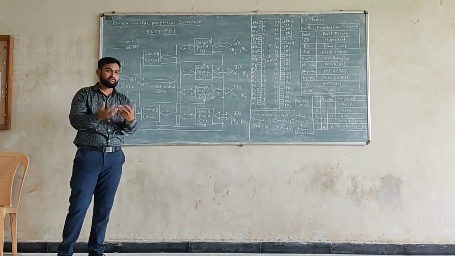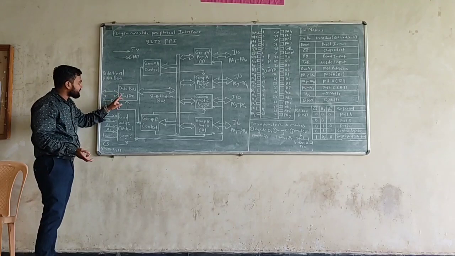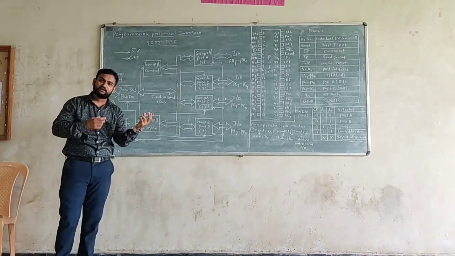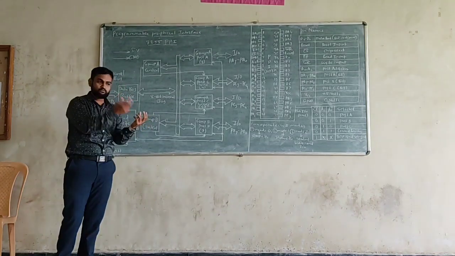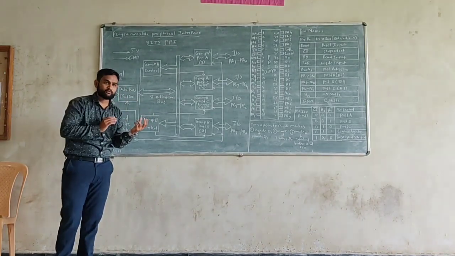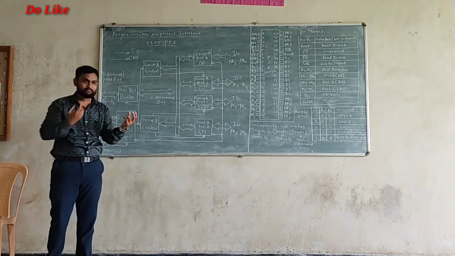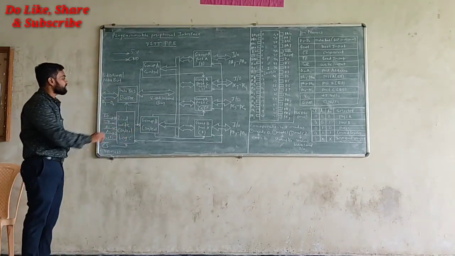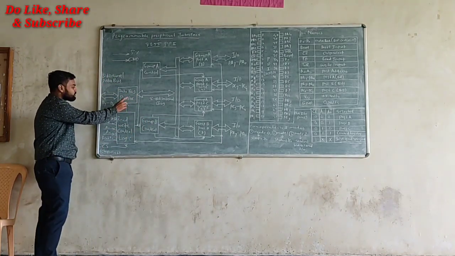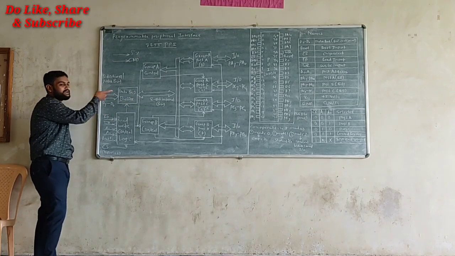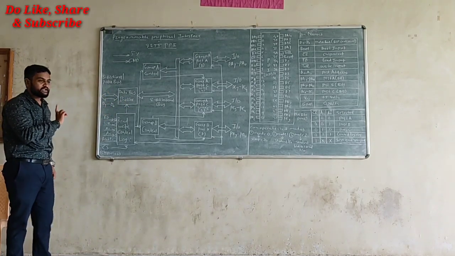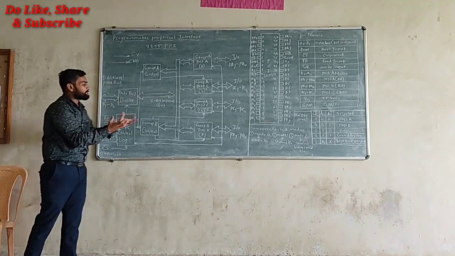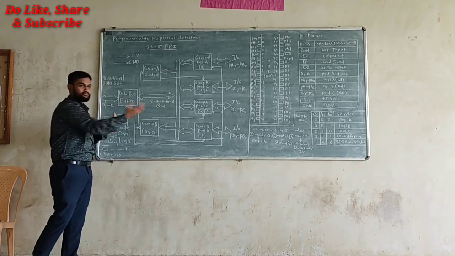For I/O purpose and interfacing. Now here we have a data bus buffer. What is the purpose of a data bus buffer? Ultimately, whatever you are interfacing with your microprocessor, you first have to provide data to the microprocessor, or you have to get data from the microprocessor. For that purpose, we have a data bus buffer here, which is an 8-bit bidirectional data bus, used to communicate with the I/O devices, and it interfaces your PPI or your I/O devices with your microprocessor.